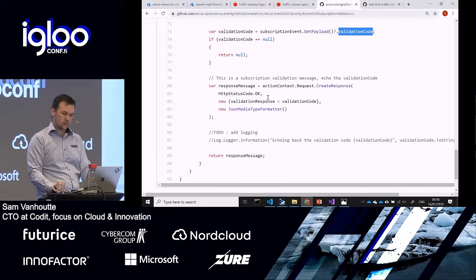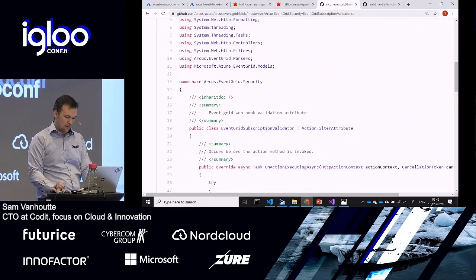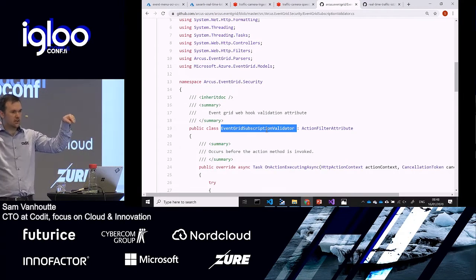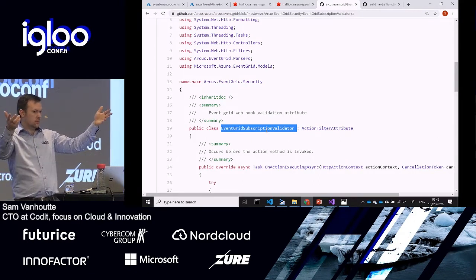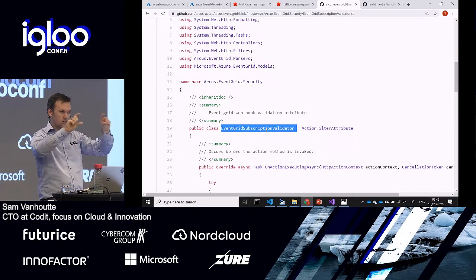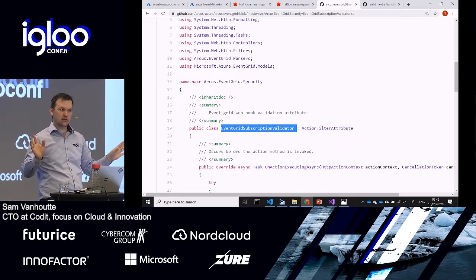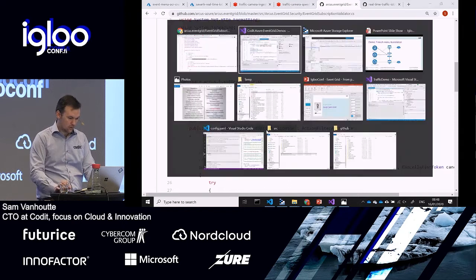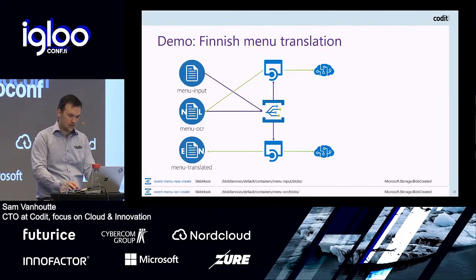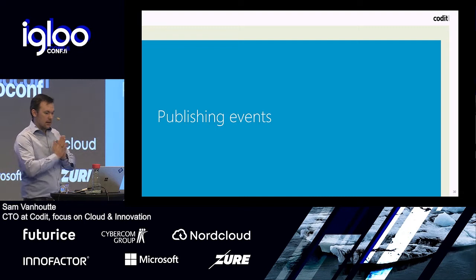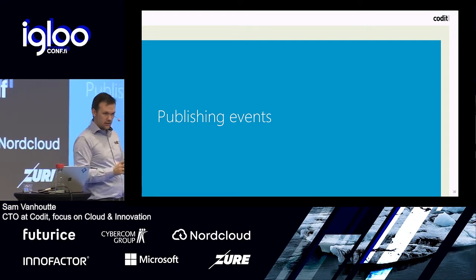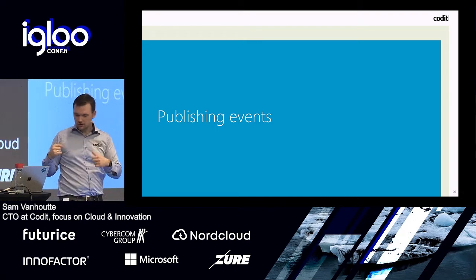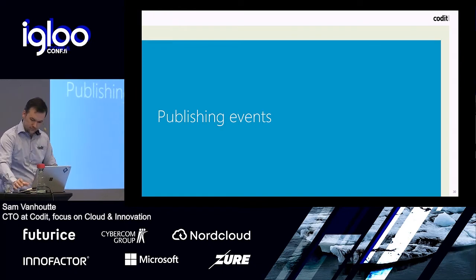The only thing that you have to do is use this attribute on your HTTP controller, on your API controller. You tag it with this attribute, and everything happens for you. So you don't have to care about that. It's just adding this with the NuGet package, and all goes automatically. All right? Now, we talked about how to handle things, and you can do it with logic apps and so on. I'll talk about that soon.